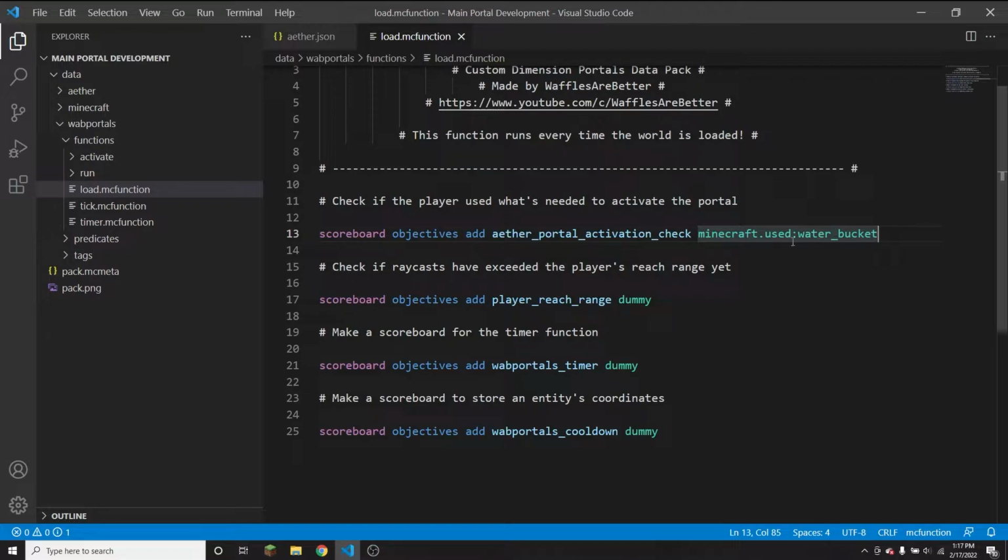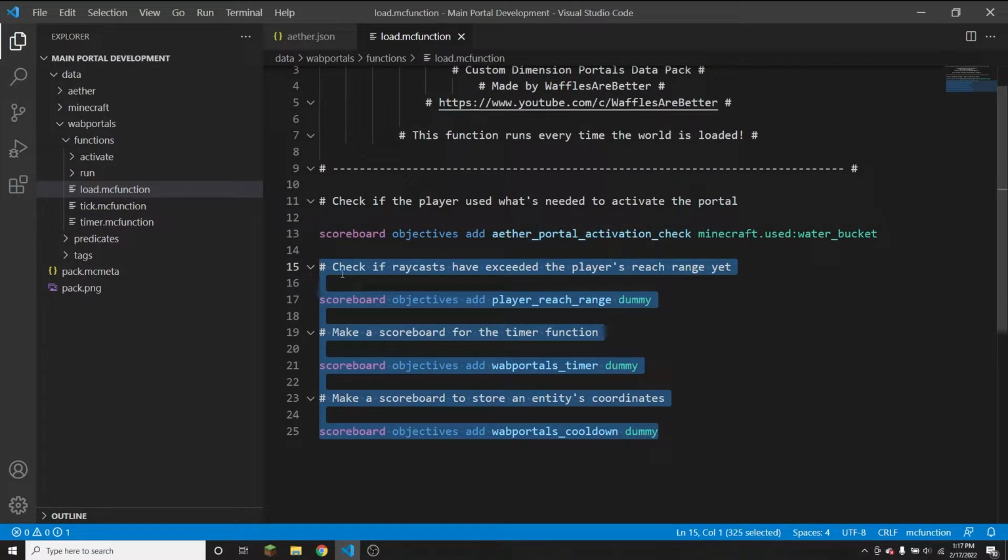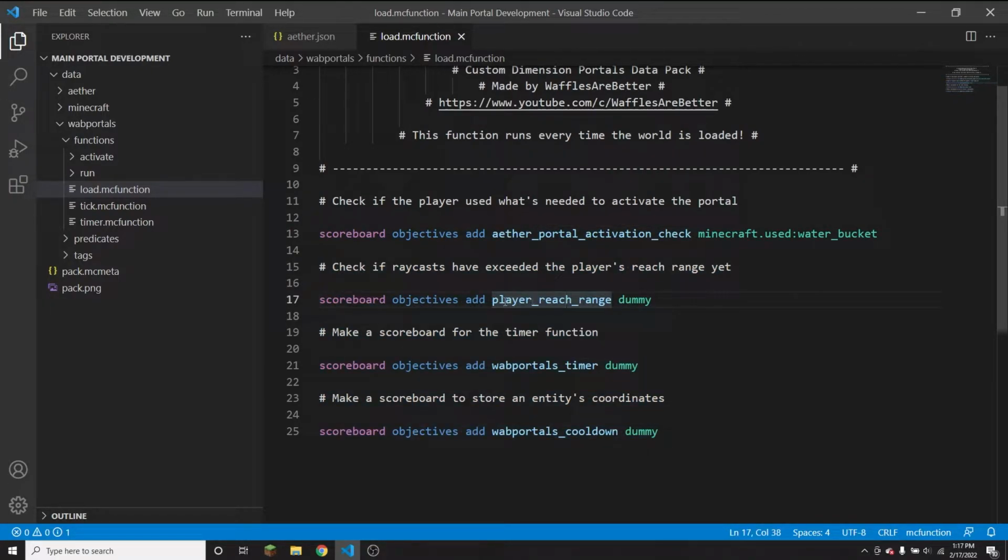So you can change this to whatever your activation block is, and change Aether in the name to whatever the name of your dimension is. And then all of these ones don't need to be modified. There is the player reach range, and this is used in raycasting. Basically, you're trying to find the block at which this item was placed, and at that block you're going to